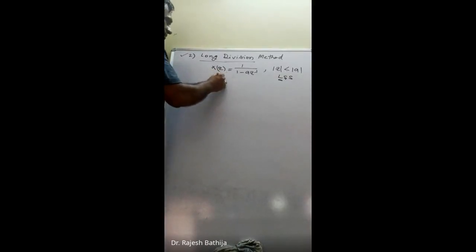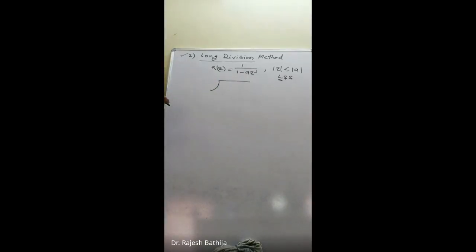So now we have seen that in LHS, the x of z expression should have positive z power. And just now we have divided the expression in the form of 1 minus a z inverse and we got the negative powers. So just reverse this expression. I first write minus a z inverse and then plus 1. And then what is our method? First term is this and this is the first term. So I will divide